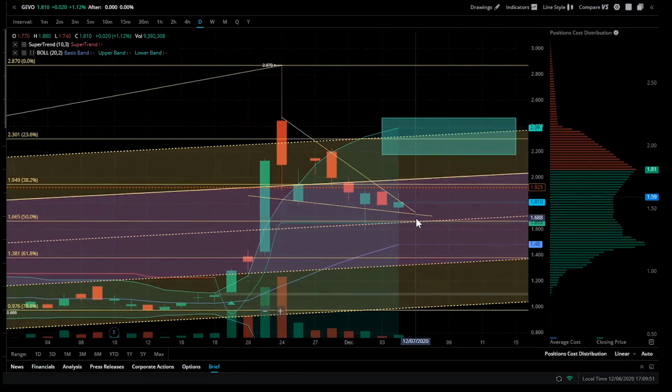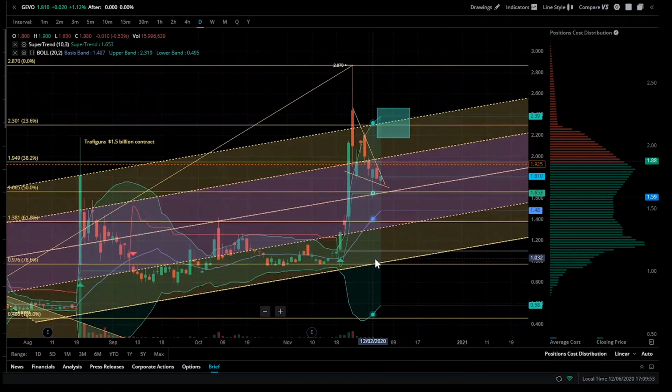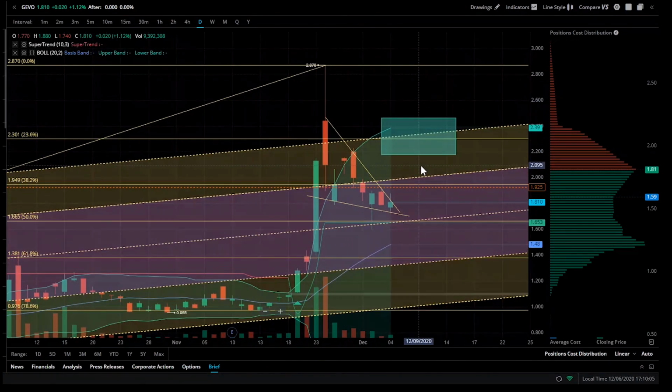That doesn't mean, because many people say we are going to drop all the way back to 1, or 1.3. It's possible, here this is the lower band at 1.3. But also, even though I don't want to talk about the